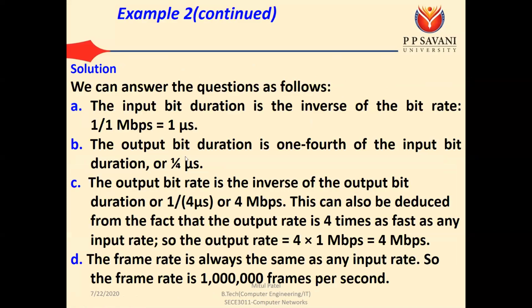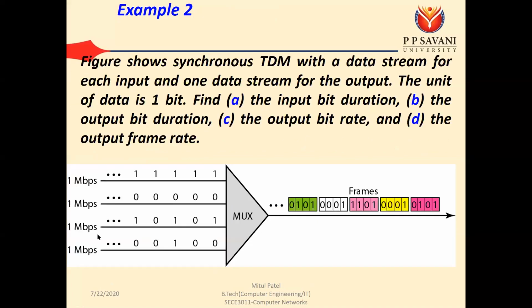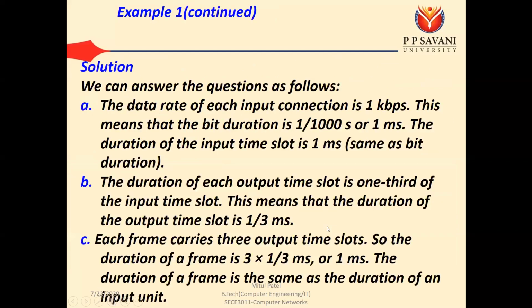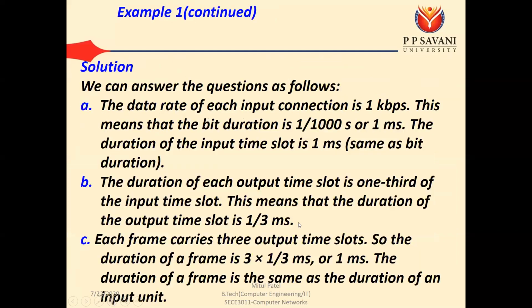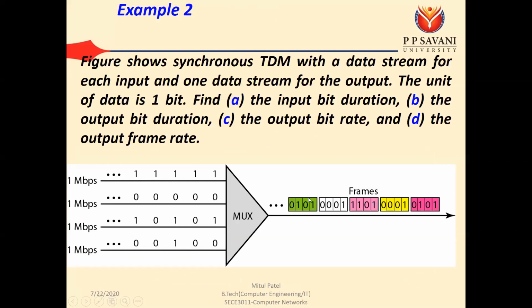Okay, so this is all about the TDM. In the TDM, we are dividing our channel based on various time units. And the advantage of this TDM is we can increase our data rate, multiplied by the number of channels. Here we have the data rate of 1 Mbps, so we can increase our data rate to 4 Mbps. પહેલામાં આપણી હતી 3 channel, so we can increase our data rate up to 3 kbps. આમાં 4 channel છે, so we can increase our data rate to 4 Mbps. These are the advantages of TDM.